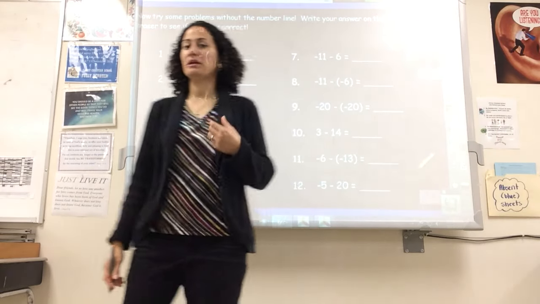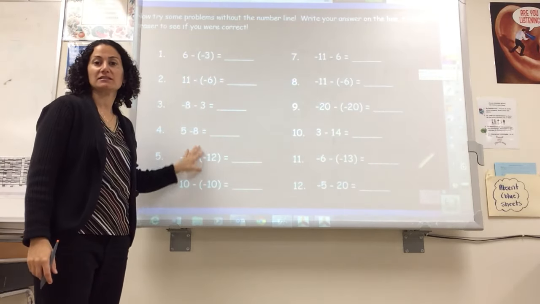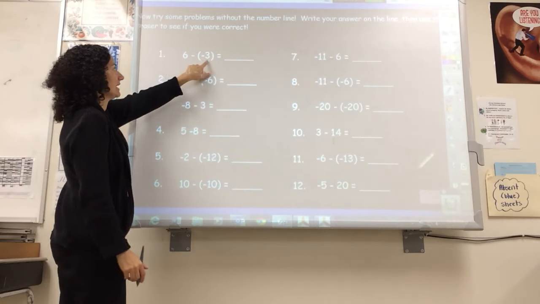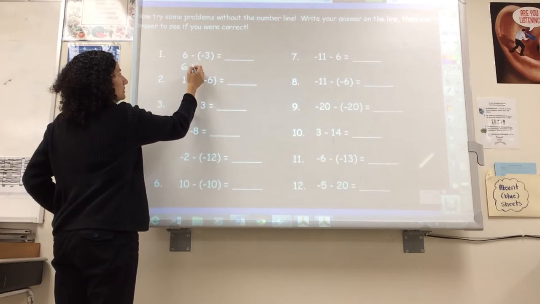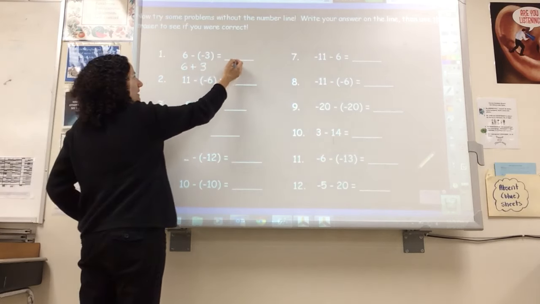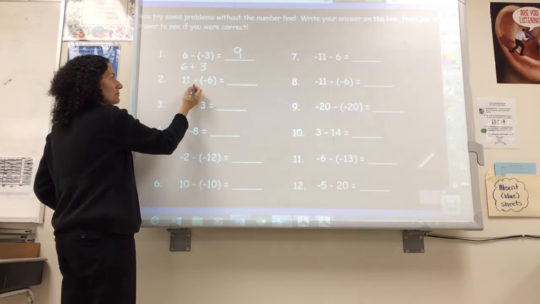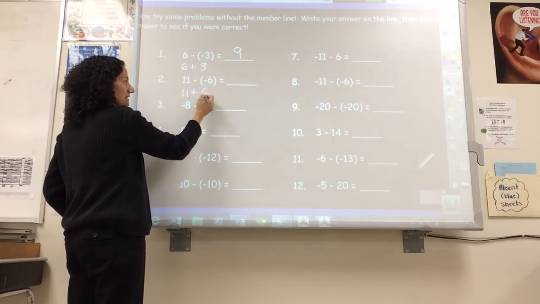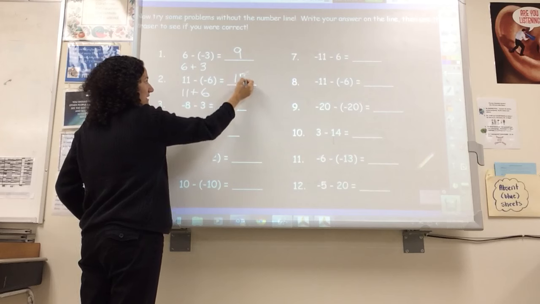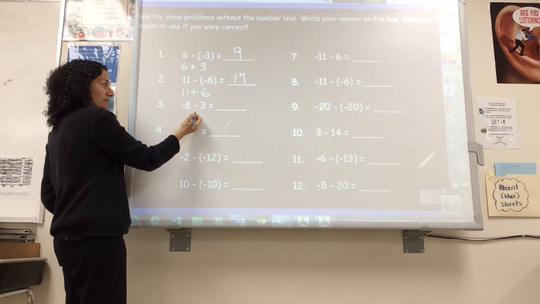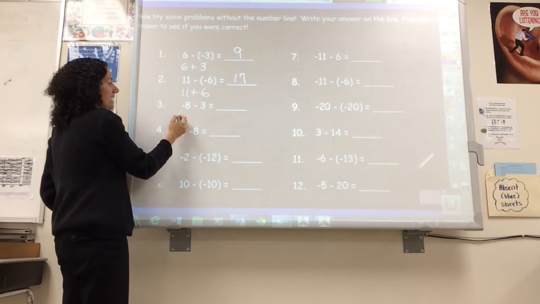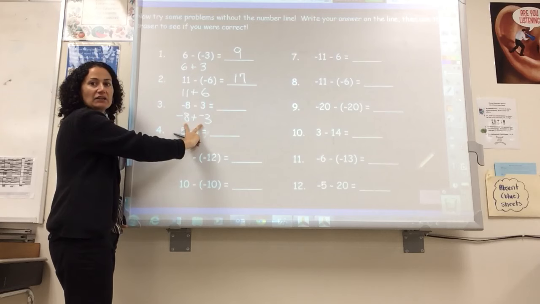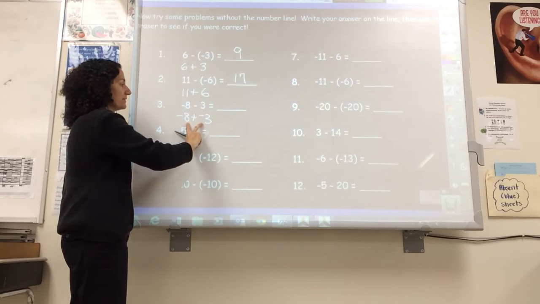What I'm going to do is rewrite the subtraction sentences as addition sentences and then go over the answer. So 6 minus negative 3 can be written as 6 plus positive 3, which is simply 9. 11 minus negative 6 can be rewritten as 11 plus positive 6, which is simply 17. Negative 8 minus 3 can be rewritten as negative 8 plus negative 3, and then we follow the rules for adding. If I have two negatives, I really do add them,